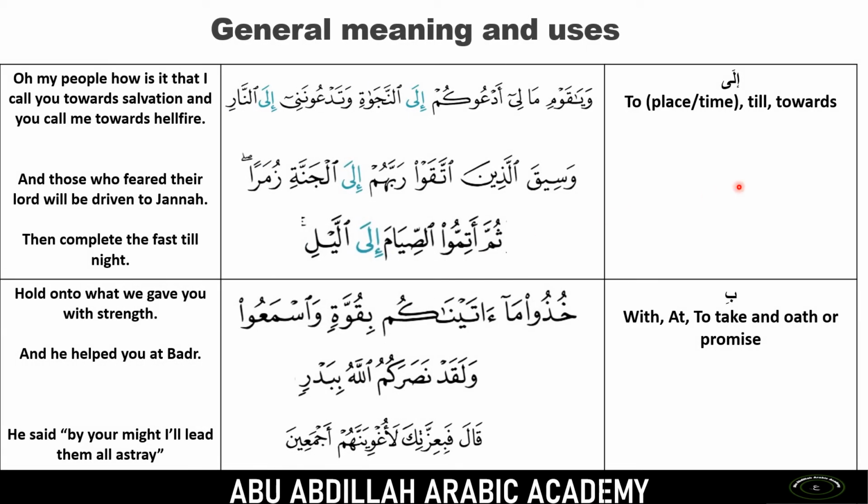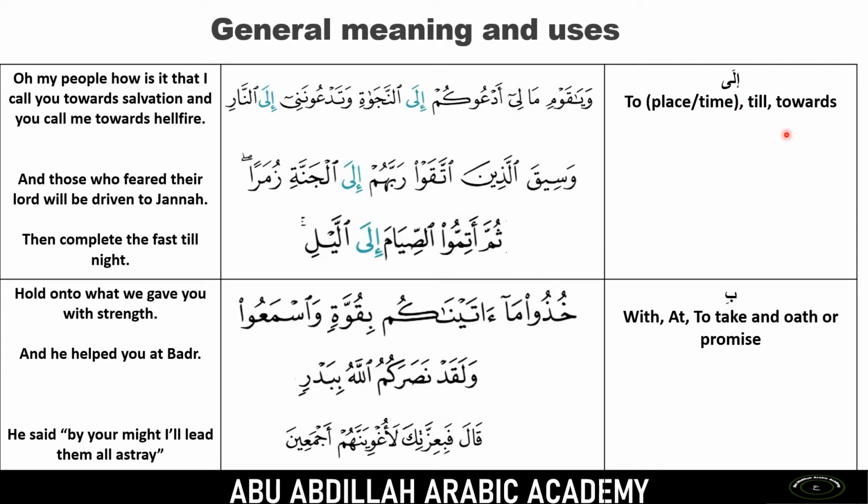In the previous slide, we saw that every verb in Arabic has its particular set of prepositions that are used to produce different meanings. From that we can understand that these huruf jar do not have a specific meaning. The meaning depends on the verb along with which it is used. That's why their meanings are not confined to a certain set. But there are some most commonly used meanings. For example, ila is in most cases used to give the meaning of to, till, or towards.